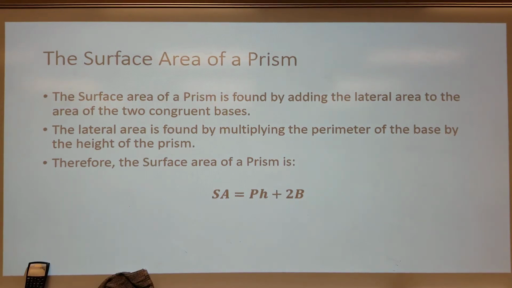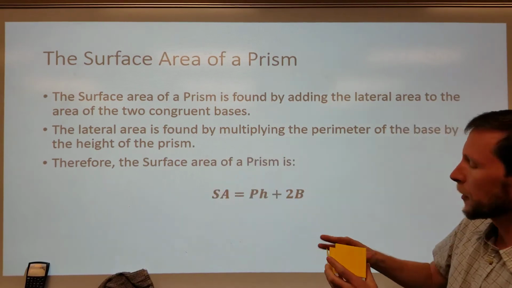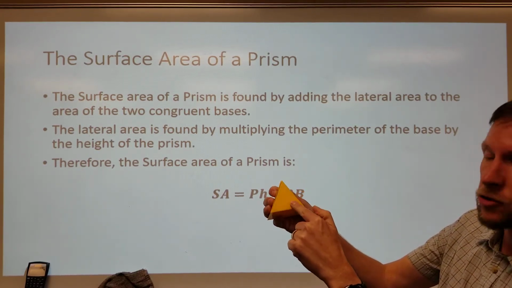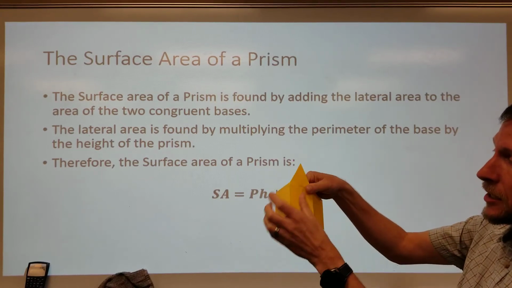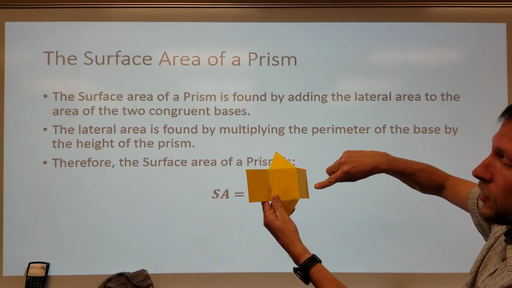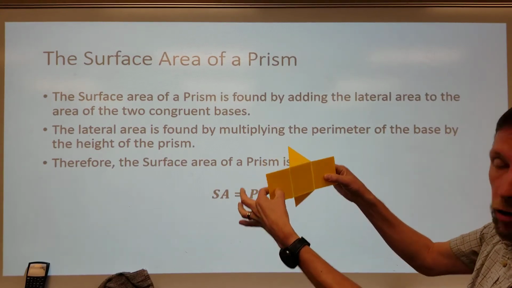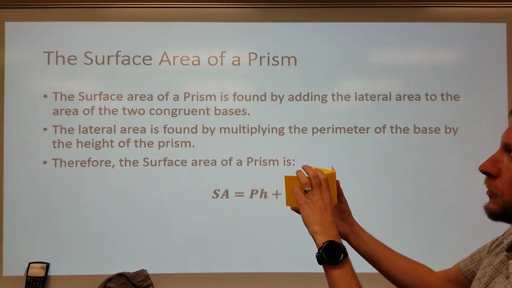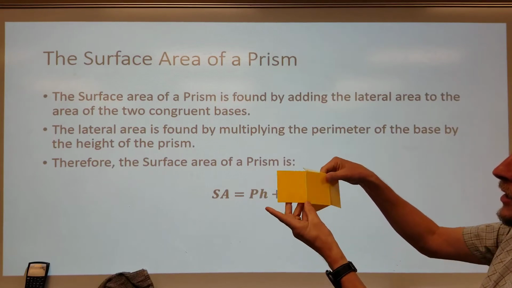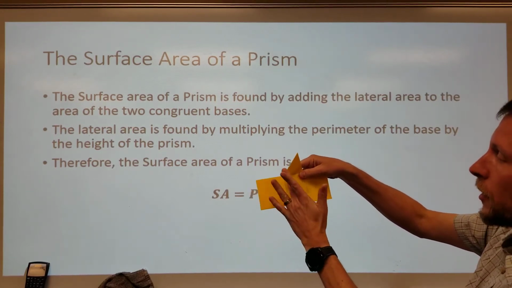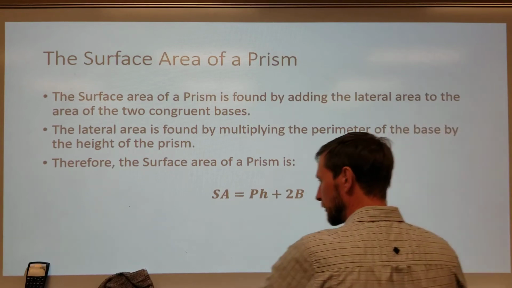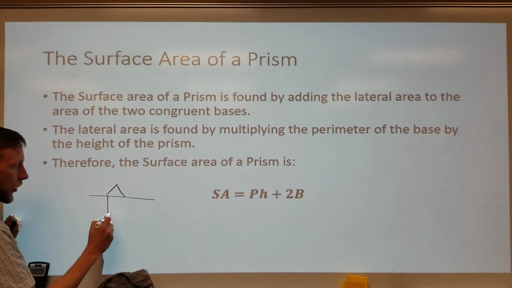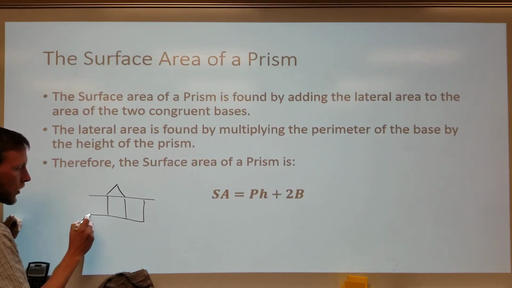So what we want to do to streamline that is we can find the lateral area by taking the perimeter. If you look at the perimeter of this triangle, the perimeter of this triangular base is essentially the base of this really big single rectangle. One big rectangle, not 3 separate, but one single rectangle. And then, of course, the height of our prism is the height of the single rectangle in the lateral area, all right? So what I mean by that is, if we were to take our triangular prism, and instead of it being 3 separate rectangles,